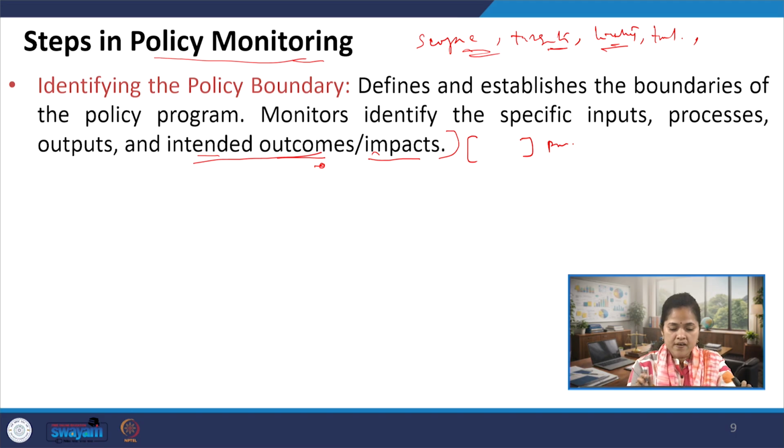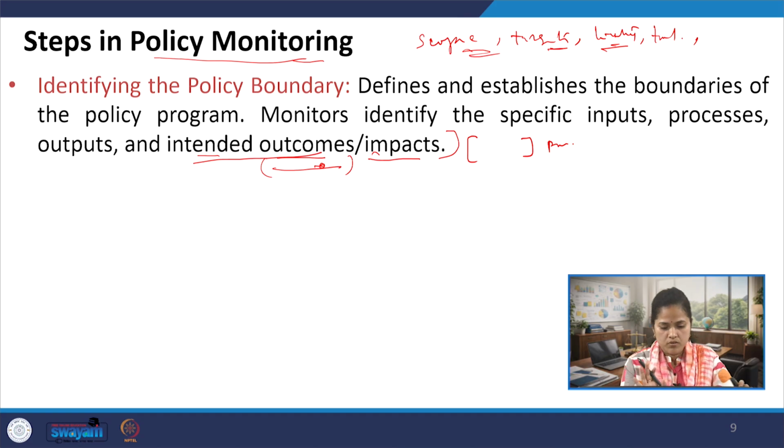But yes, the first thing in the outcomes during this particular stage, that is identifying the policy boundary, we need to have detailed data on the intended outcomes. Although policy monitors can also think about unintended outcomes, at that point of time it may be a difficult task. But at the end, where the evaluation is already done, then we can think about the unintended outcomes. But many times, during the progress of the policy implementation also, the policy monitors are able to identify some kind of